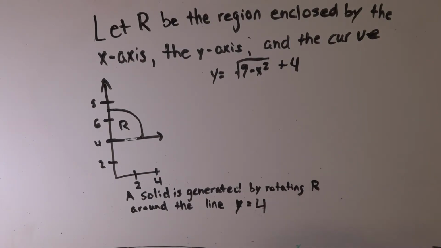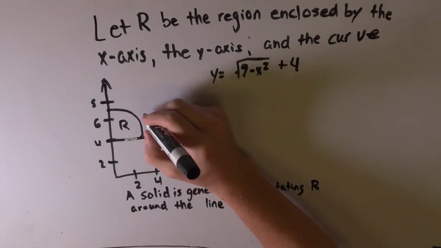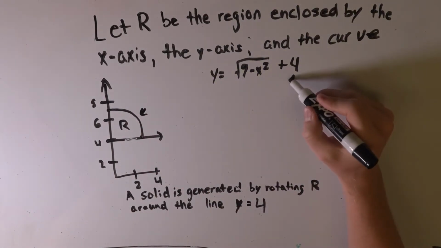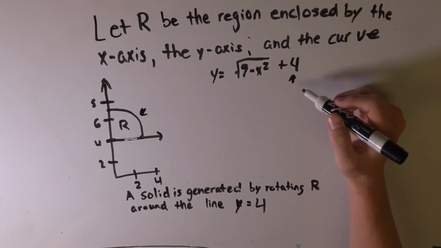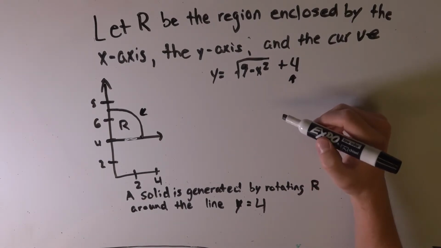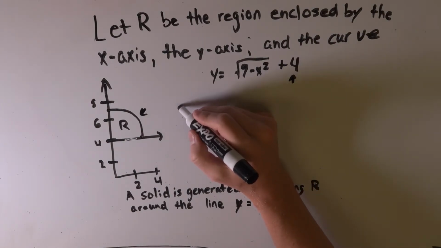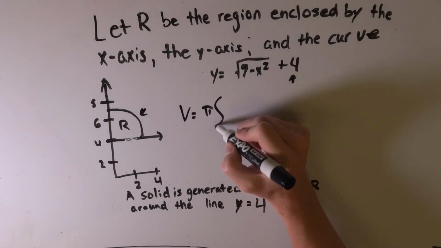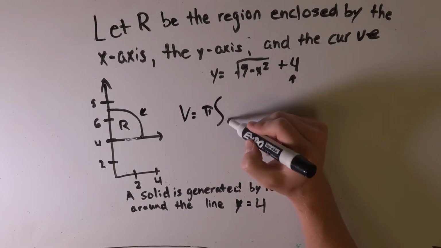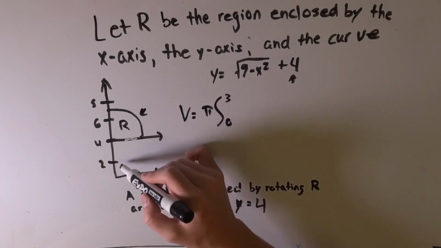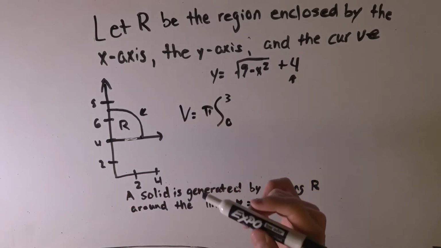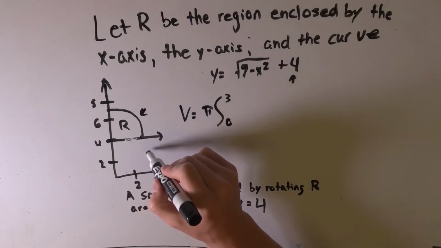So what you're going to do to solve this one is, because the equation here is up 4, you're going to need to subtract that from the equation itself. So it's going to look a little bit like this. From still 0 to 3, since you're just taking from 0 to 3, and anything below this is out,